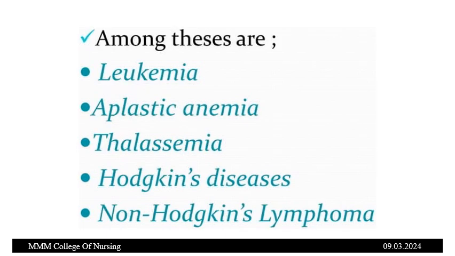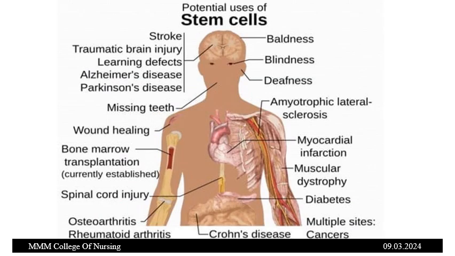Among these are leukemia, aplastic anemia, thalassemia, Hodgkin's disease, and non-Hodgkin's lymphoma. So these are the potential uses of stem cells. We can use them in case of stroke, traumatic brain injury, learning defects, Alzheimer's disease, Parkinson's disease, missing teeth, wound healing, bone marrow transplantation, and spinal cord injury,